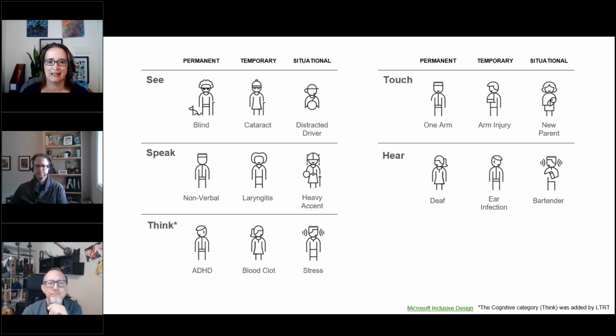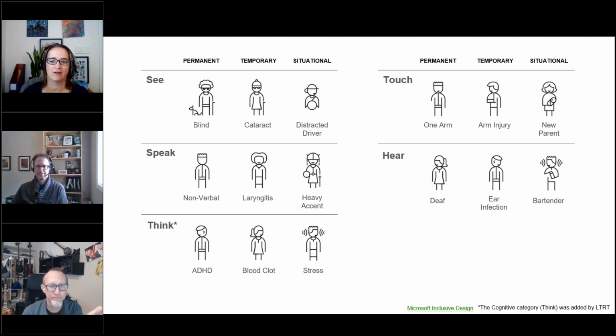That being seeing, speaking, thinking, touching, and hearing. I don't want to go through this in detail, but some examples: a permanent disability around sight might be somebody who's blind, whereas something temporary around speaking could be laryngitis. If you're familiar with Yuval's voice, you can hear that right now. And so if he was really struggling with his voice,